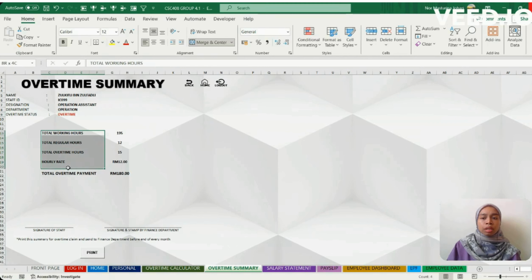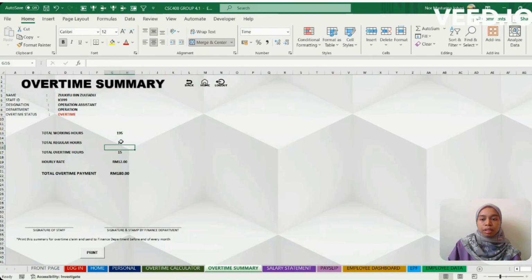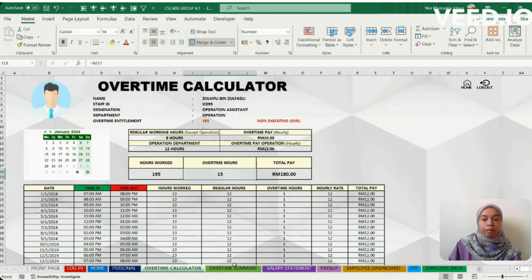it will show only five details from the overtime calculator, which are total working hours, total regular hours, total overtime hours, hourly rate, and total overtime payment. Here we use a link from the overtime calculator for the hours worked, and for the regular hours we use the VLOOKUP function, and for total overtime hours we refer to the overtime calculator, which is 15,